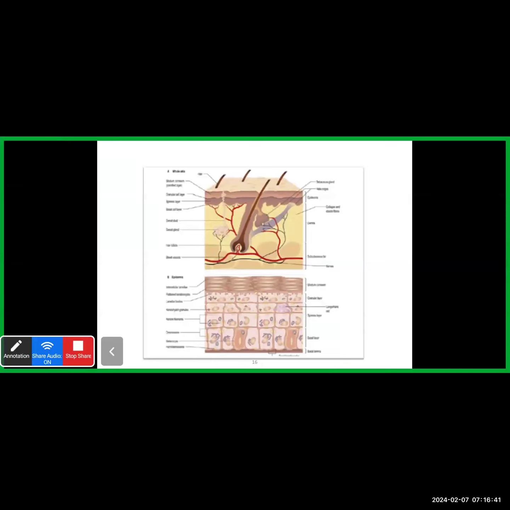As you can see, this is the anatomy of the skin with the epidermis on top, which is a stratified squamous epithelium of ectodermal origin. It varies in thickness according to the body site. The thickness is about 0.05 to 1.5 millimeters, and it provides an essential barrier against the environment and pathogens. The epidermis is mainly